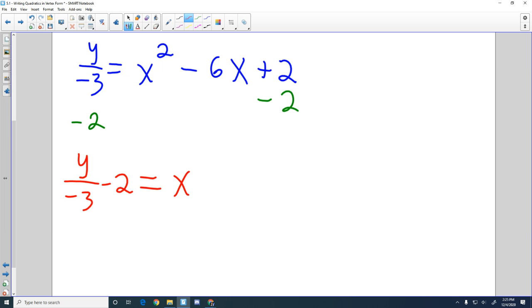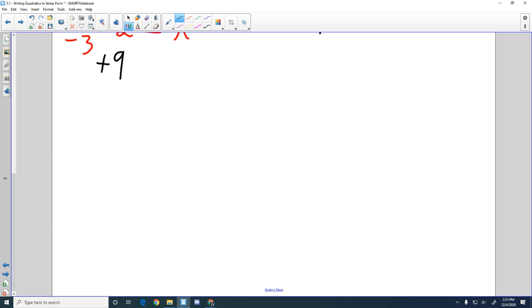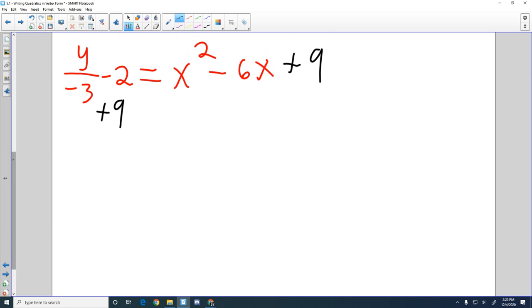Got it. Already? Yeah. All right, so I divided everything by a negative 3, and then I subtracted 2, and now I need to add my magic number. What magic number are we using for this one? Positive 9. Because it's negative 3, and then squared. That's why. Yep. So plus 9, plus 9. So y over negative 3 plus 7, because I'm going to combine it with that negative 2,